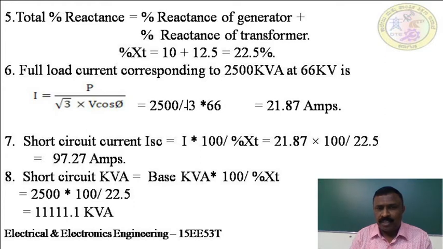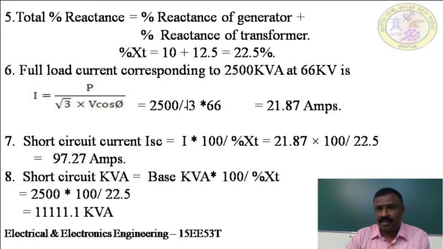Therefore, the full load current corresponding to the base kVA of 2500 kVA and the rated voltage of 66 kilovolt can be given as I = P / (√3 × V × 1), that is equal to 2500 / (√3 × 66). So we will get the value as 21.87. Hence this 21.87 amperes, we call it the full load current corresponding to the base kVA